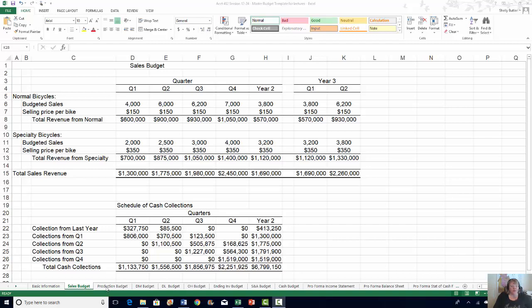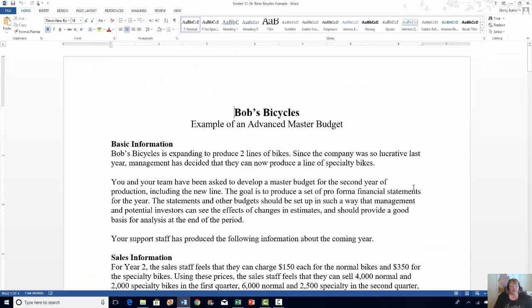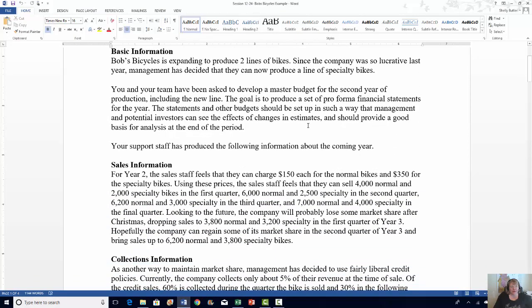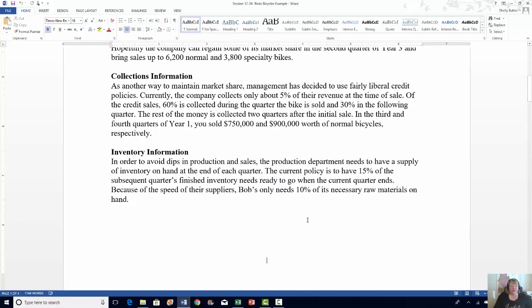So we're going to move on to the production budget today. And the production budget already has our headings in there, which is great because we already know how to do that, so we don't want to do that again. And what we want to do is go to the document where, what information do we need to put this together? So we've got the basic information page, sales information, collections information, we've done all that. Now here's the inventory information, and that's going to come off of our